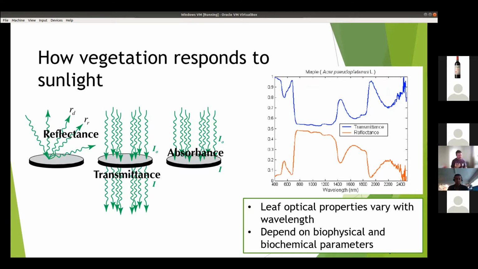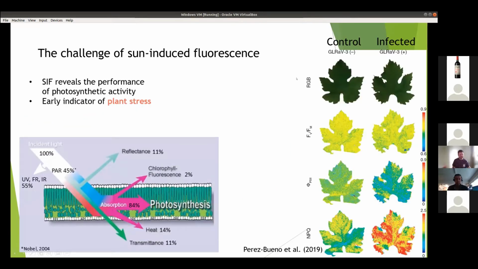When we discuss leaf properties, we can use different radiative transfer models that try to encapsulate the relation between biophysical and biochemical parameters and these three optical properties of leaves. Interestingly, these vary significantly with wavelength for leaves, and as I was saying, depend on biophysical and biochemical properties. Now, there's really a fourth